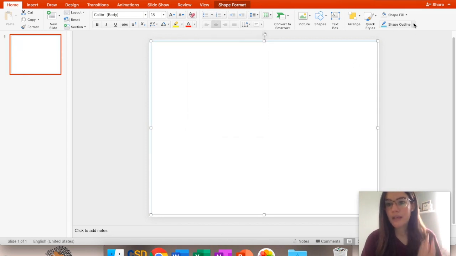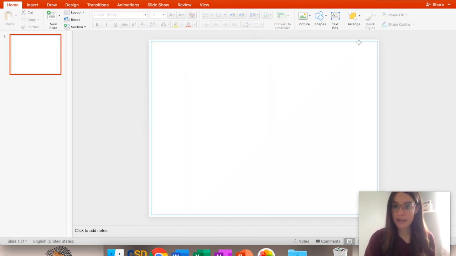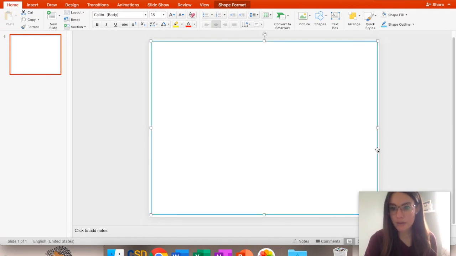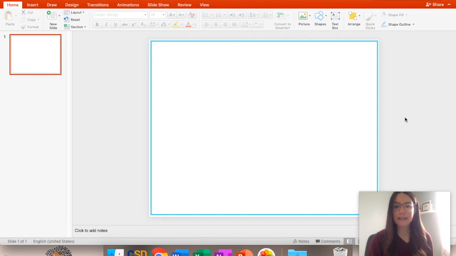All right, now it's really hard to see. So when we click on that, we're going to go to the weight and make it thicker. That way it's more bold and it stands out. All right, so I have my border. Now what I'm going to do is I'm going to add my text. Now, when you add a text box,